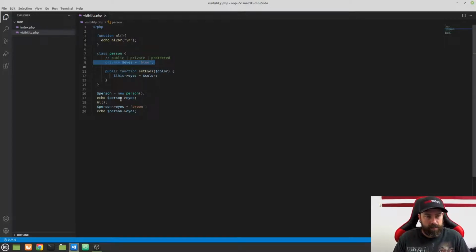So this protects you from having other classes change this value, because this value may be an important value that you're saving in a property. If you have a shopping cart object or something like that, you don't want the price to be manipulated outside of the class. You want something in the class that is aware of everything to manipulate that. And you may not want anything else outside of the class to even access it, and that's where private comes into play. Now, if I change that to protected,